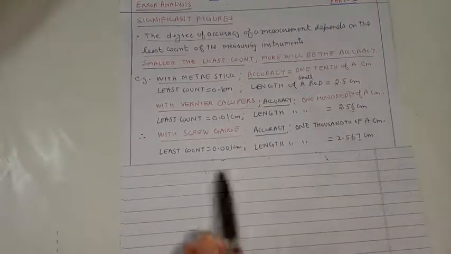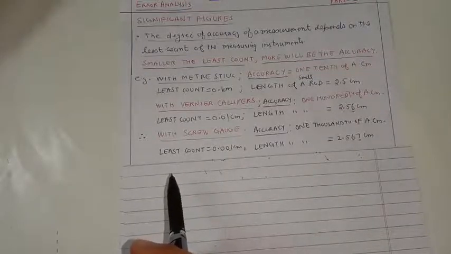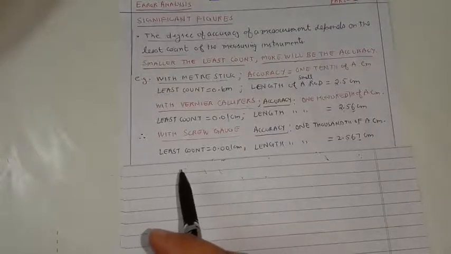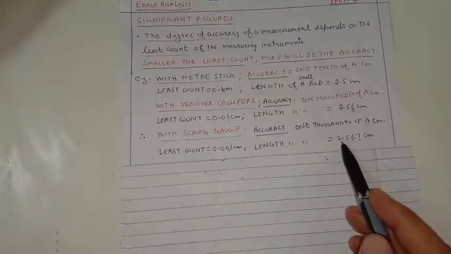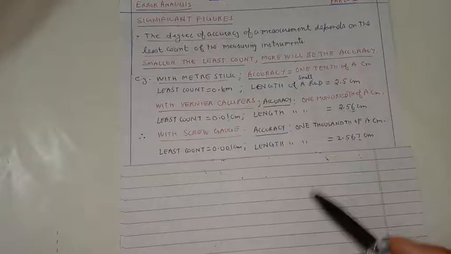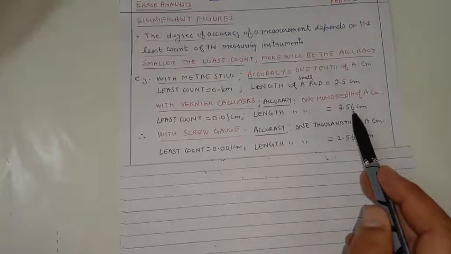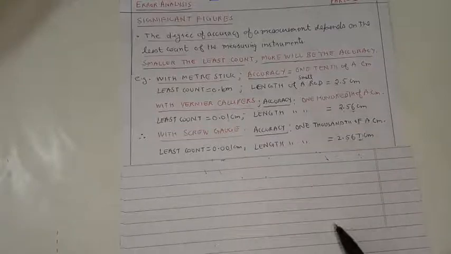So whenever any measuring instrument is used to make a certain kind of measurement, and the same measurement is repeated by different persons or even by the same person, then if we compare all the observations, we come across an important result: the observations will contain a few digits which will repeat themselves in all the observations, plus there will be one digit at the end of our measurement, at the end of our result, that may change or that may also remain the same.